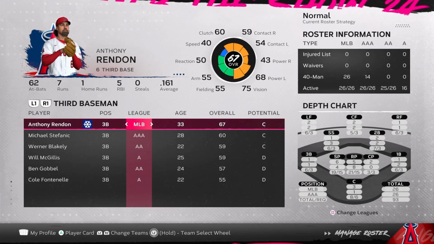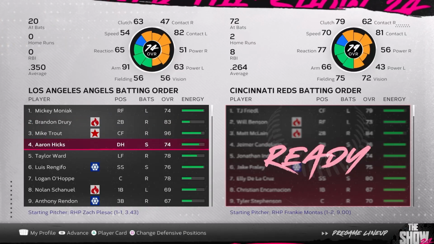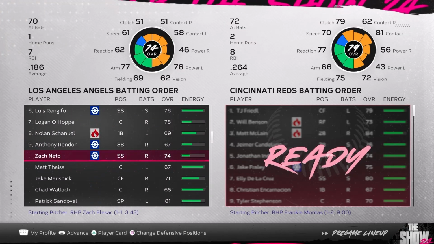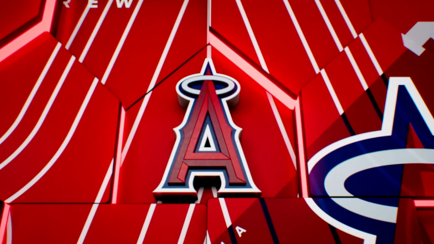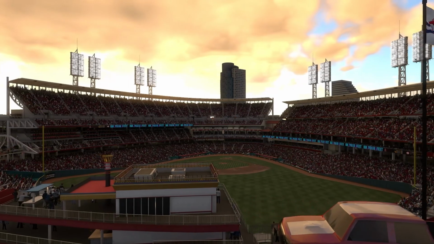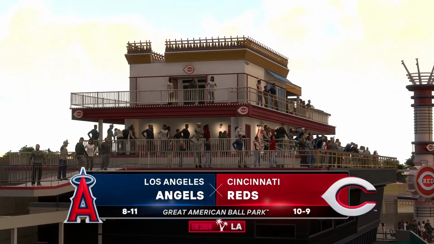Anthony Rendon is batting just .161, and we're going to continue to have discussions on what his future may be with this team. So we're going to be playing this opening series game against the Reds, and I decided to give Zach Neto the day off. I just think he may need a little bit of a break. So we have Luis Rengifo playing short today, and Aaron Hicks in the DH spot as we try to snap this 5-game losing